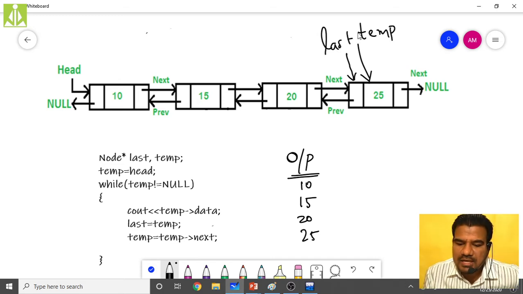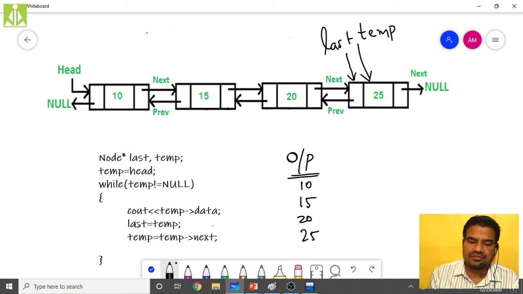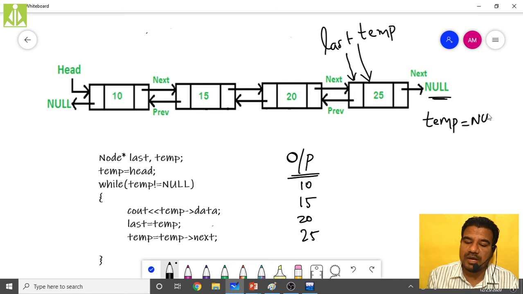In the next iteration, after making the last pointer point to temp, we say temp equals to temp of next. So we are shifting the temporary pointer. What is temp of next? Temp of next is null. As temp of next is null, temp will also become null because we are saying temp equals to temp of next.